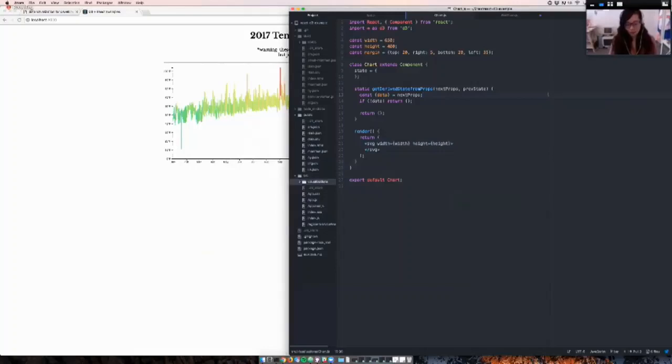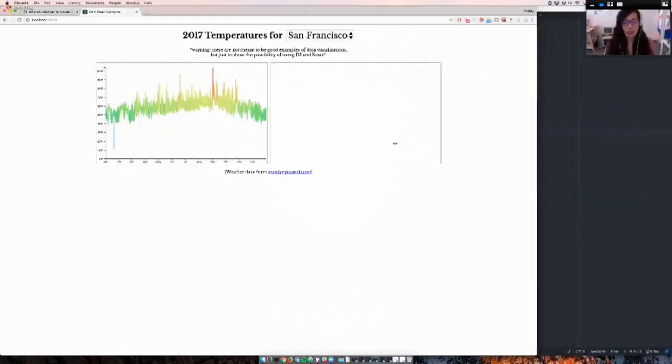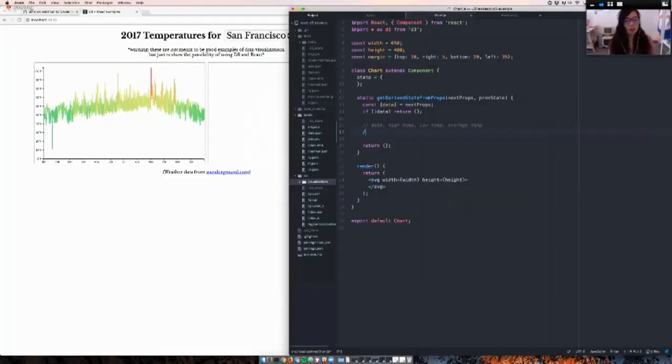So to start with the bar chart, our data is for every single one of the days, the data we have is the date, the high temperature, the low temperature, and the average temperature. And these bar charts you see are made up of 365 SVG rectangle elements. And to draw rectangle elements on the screen, you need the X position, the Y position, the width, and the height. And so what I want to do is map the date to the X position,